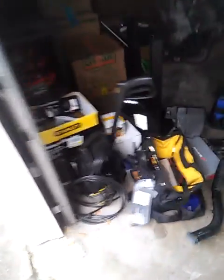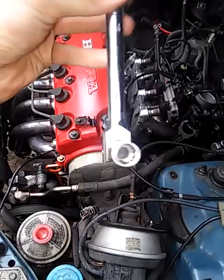And they pretty much say it's a pain to get to, but I'm about to show you what I did. This is what I used right here. Maybe this can help y'all. This is like a little breaker bar that holds a socket, right? What I did was,